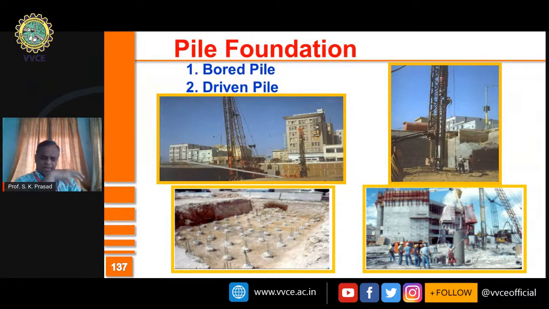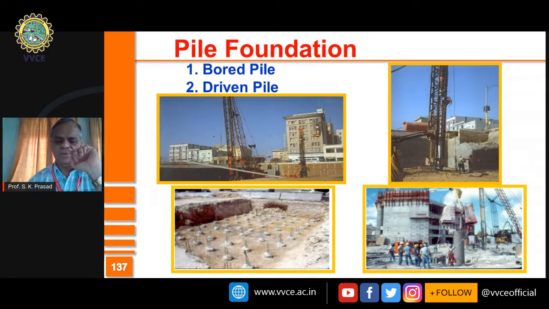Bored pile cannot be taken very deep. Maximum it's about 20 to 25 meters depth. You take the bored pile. The other type of pile is driven pile. You drive a pile exactly in the similar fashion as you drive a nail into the wall. Normally, you drive a nail horizontally into the wall. Nail has got a sharp edge at the bottom, and then a head at the top, so that you can hammer it. Exactly in the same way, you're going to drive a pile, but in vertical direction,